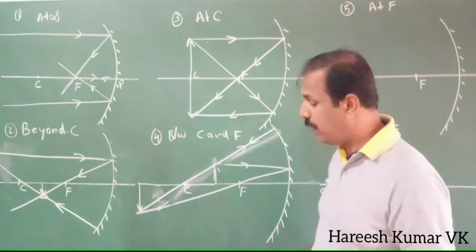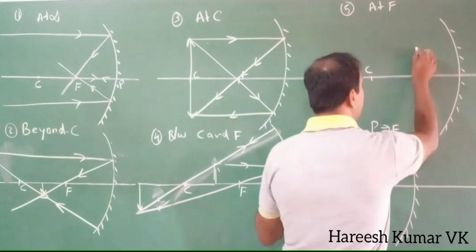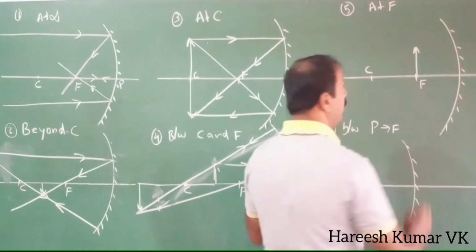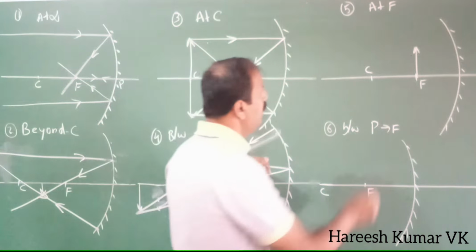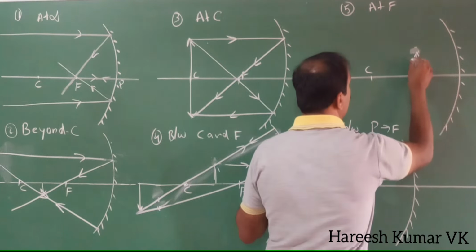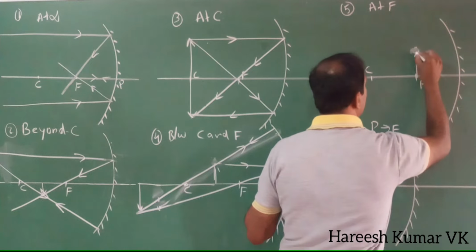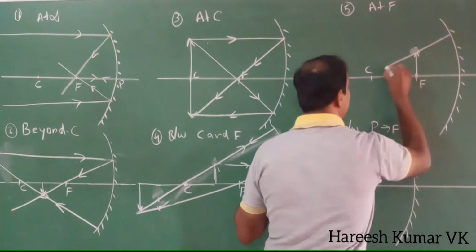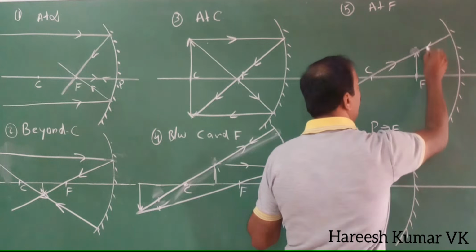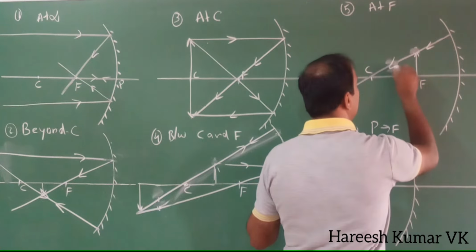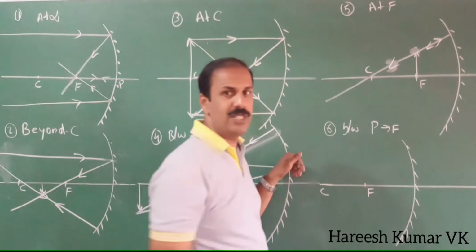That is, when the object is at F. When the object is at F, what will happen? See here, the object is at F. When the object is at F, how will the light ray go? You can see one ray will go through. It will go like this, go there and reflect back through this C. So this will not bend. The light ray which is passing through C will not bend. We already discussed that one. Okay. It will not bend. It will go like this.